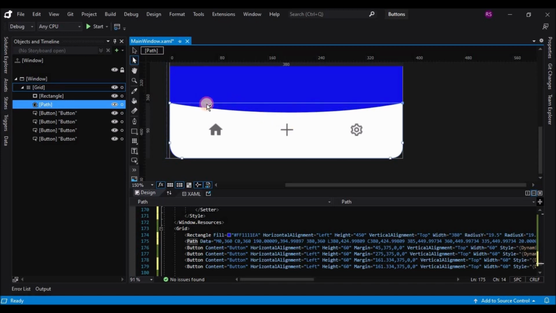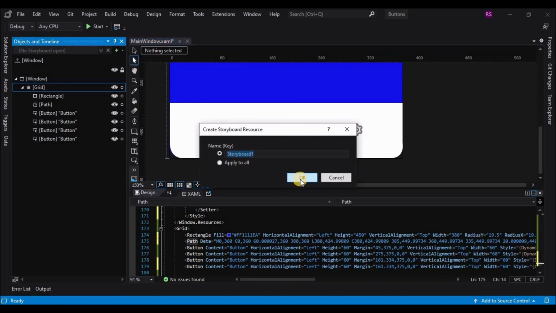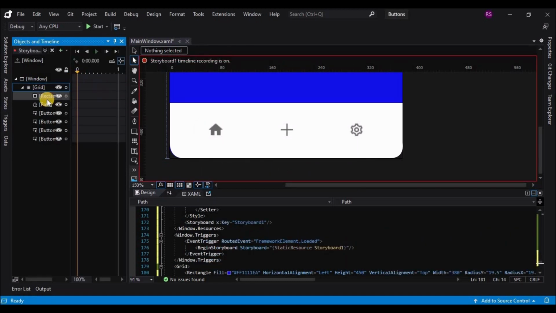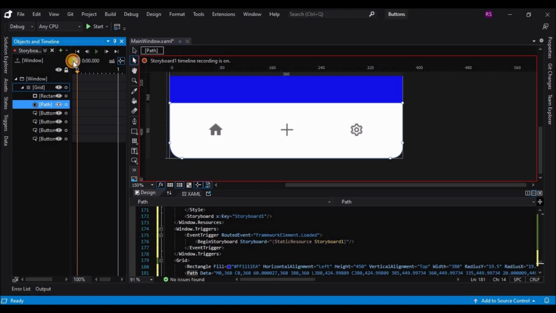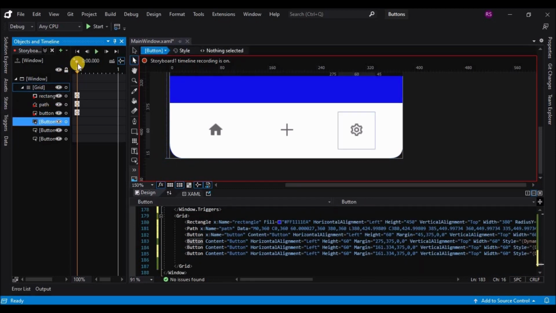So I will add a storyboard now, and I will add an anchor point for all the elements on the screen. So this is an empty anchor keyframe, and on the 0.5 keyframe I will change the path's arc angle so that it looks curved.